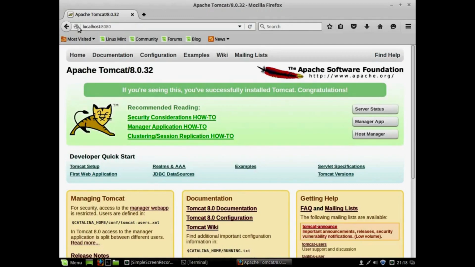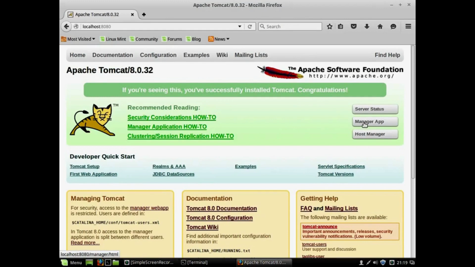In case Apache Tomcat is running on some other machine, then instead of localhost, you should type the IP address of that particular machine. Anyhow, you should see this home page after requesting localhost:8080. During installation, we need to provide our username and password. In case of Linux, Ubuntu or Linux Mint, I'll tell you at the end how to create a username and password for Apache Tomcat. In my case, I have already created a username and password.